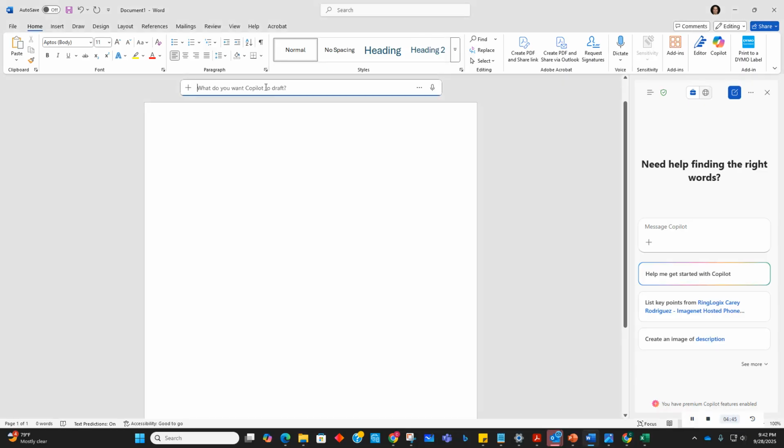Okay, so how would you use Copilot? If you notice here at the top, Copilot asks what you want it to draft for you. And it's all about the prompt. Whatever prompt you put in here will generate the example information down below. So let's do that. Let's say, please